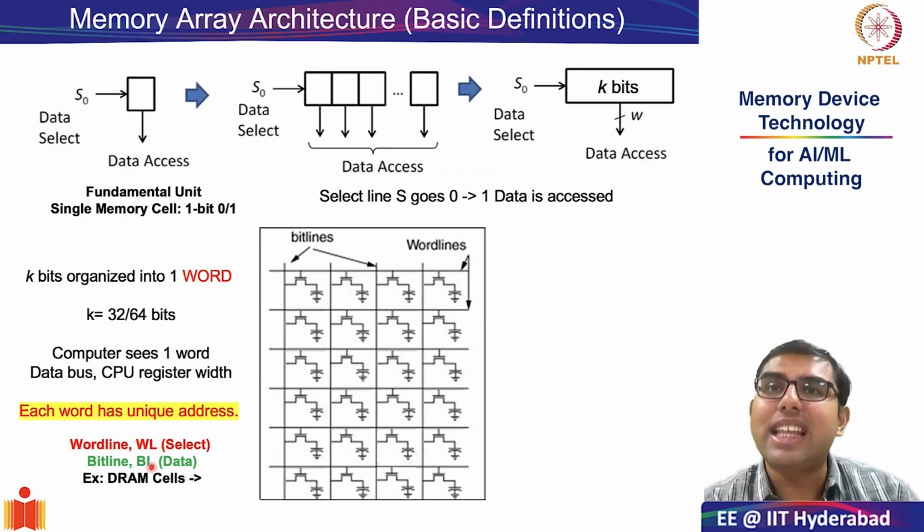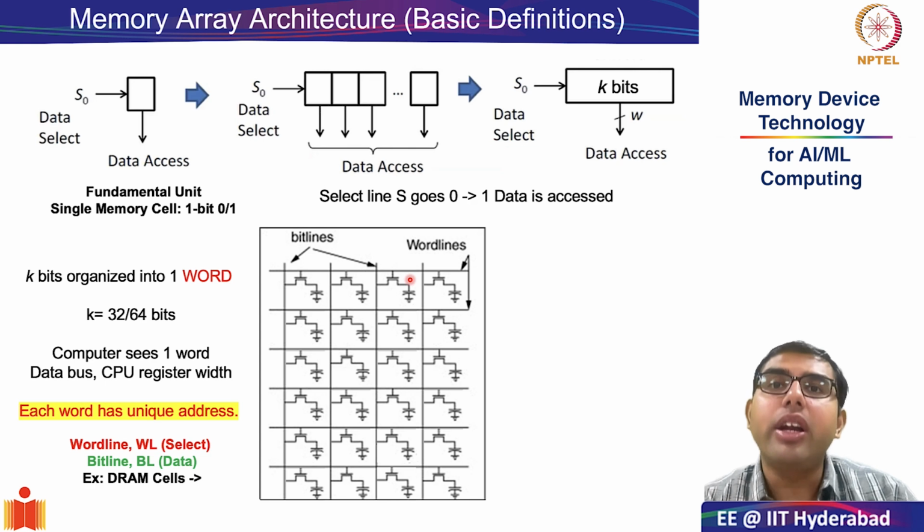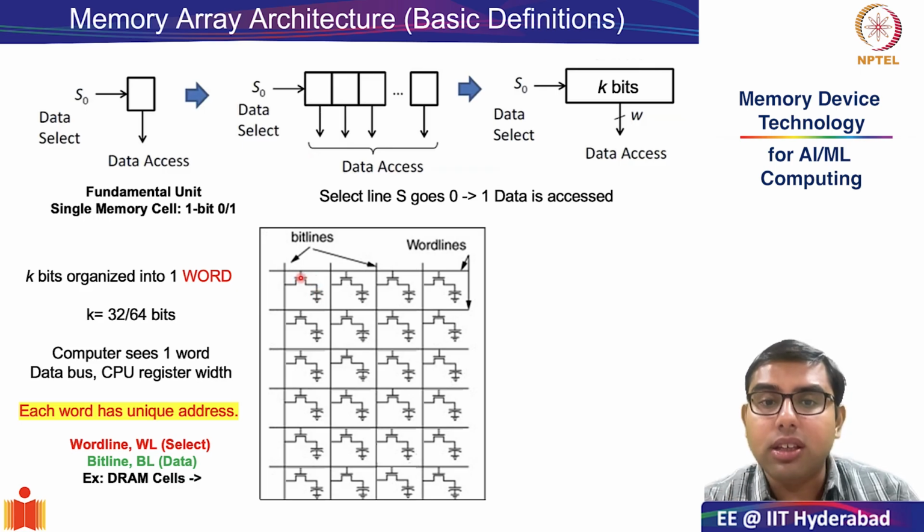And the best way to understand that is through this very simple array that I have presented in front of you. As we have been studying, DRAMs consist of just one transistor, the access transistor, and one capacitor, and the storage node is where I am pointing out at the end of the capacitor and the drain of the transistor. So this we can say is an array of DRAM cells. So in this kind of array, what is connected to the word line and bit line?